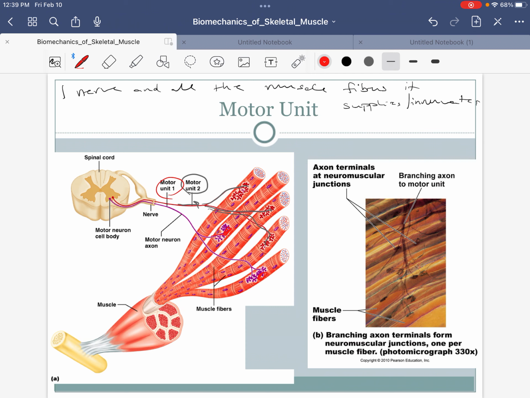Each individual contraction is the same intensity. How then do we determine the overall intensity of a muscle contraction? The number of motor units activated. If each muscle fiber is the same intensity of contraction, how do I alter the overall contraction? Strength of a muscle is by contracting more or less of them. Each individual one is the same, but I can contract more overall, or I can contract less overall.